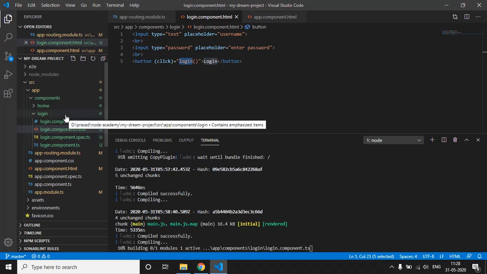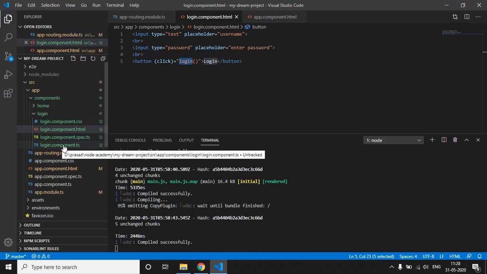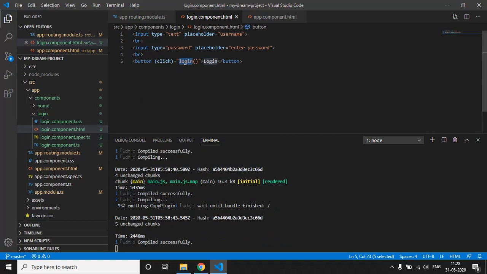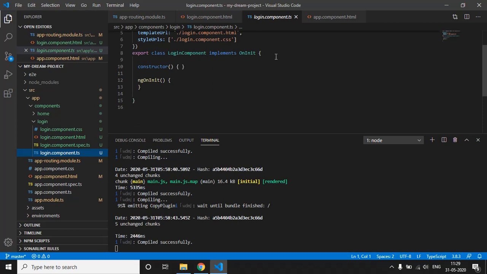Whatever function we want to write for this component, we have to write it into this login.component.ts file, so that when the user clicks on this button, it will trigger a click event, and then it will search for the function named login in this login.component.ts. This is the class for the login component, where we can write the functions for the particular component.